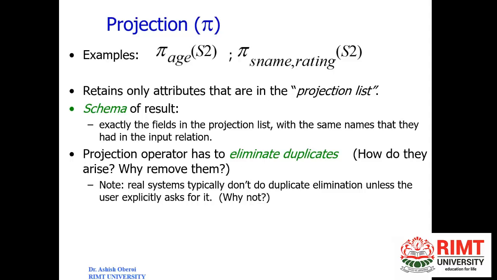This will be the form of relational algebra. And if you want to convert this query into SQL, what will you write down? Select. I am converting this query into SQL form. Select S name, rating from S2. Clear? So from a sentence, we write the relational algebra query. From the relational algebra query, you convert to a SQL query.